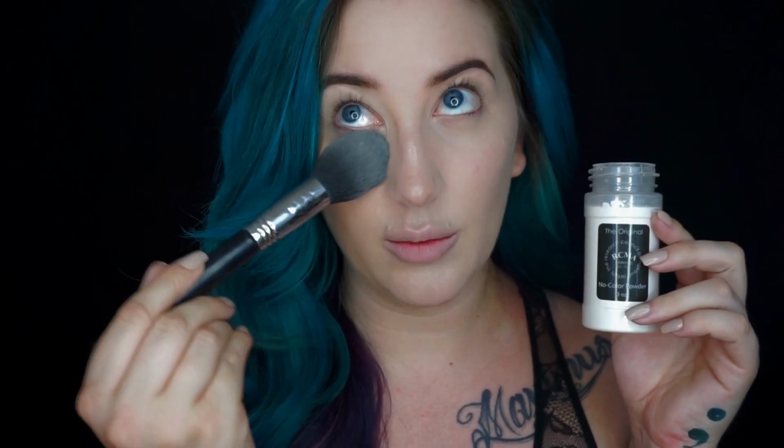For the sake of this test, I'm going to do very little face makeup. As far as setting goes, I'm going to use the RCMA No Color Powder. And I'm going to use a pretty conservative amount just to set the under eye area, because I would normally do that, although I am using less than I would normally use. I really want to see how these compare, and I'll just lightly...